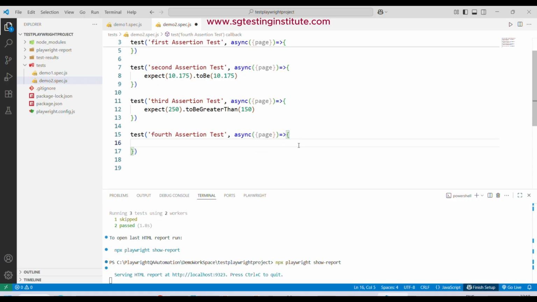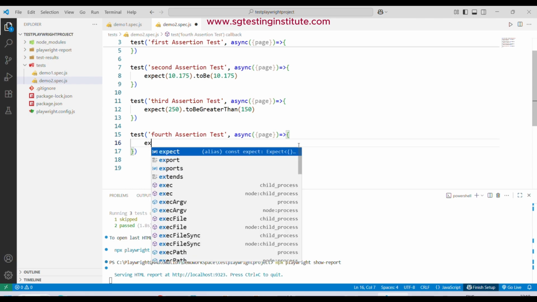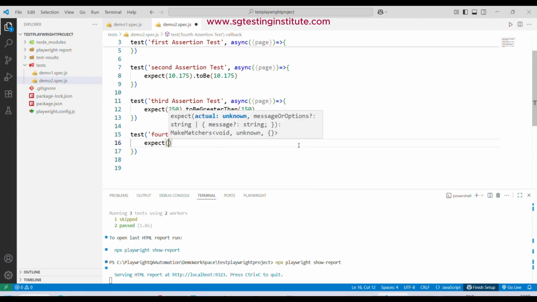In the fourth test, we can provide either greater than, less than, lot of options we can provide. Among them, we can try one string option. Expect, we can provide a string called